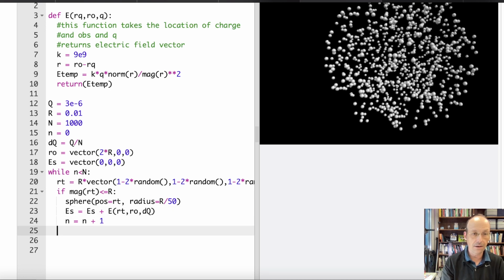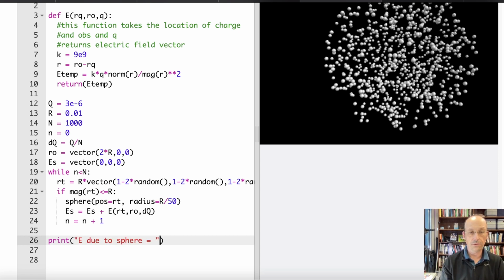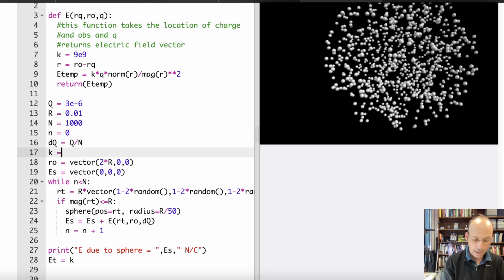So now down here, I'm going to say print E due to sphere equals ES, and it is a vector, newtons per coulomb. And then EC is the calculated ET, the theoretical one. It's going to be K, which I didn't put. K is in my loop, so I've got to put that up here. K is my Coulomb constant. K equals 9E9. So it's going to be K times Q divided by mag RO